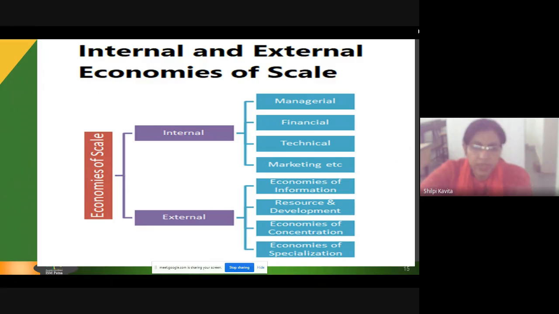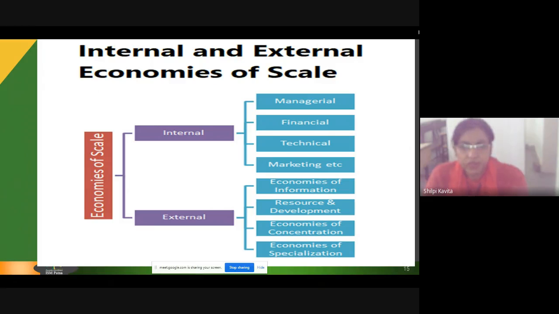And economies of scale are of two types, internal and external. Internal relates to the firm itself, while external relates to the external environment. So, dealing with all the bullet points shown here. First of all, managerial, financial, technical, marketing, etc. There are many economies of scale because once you change your scale of production or expand your large scale production,